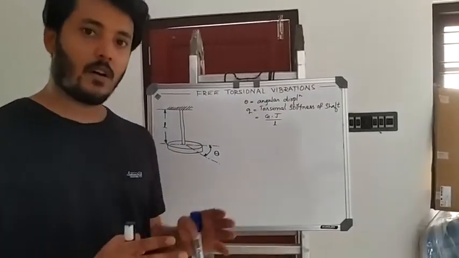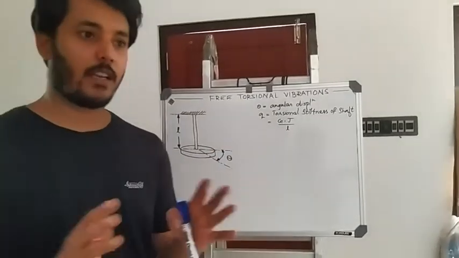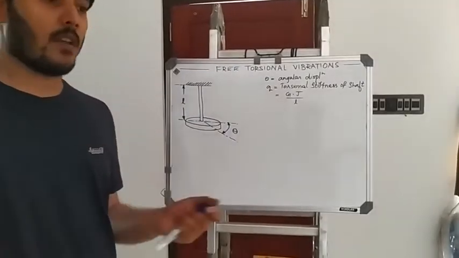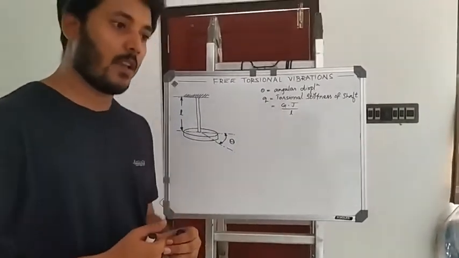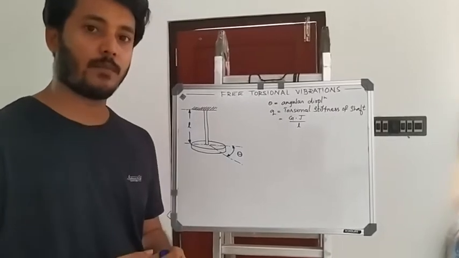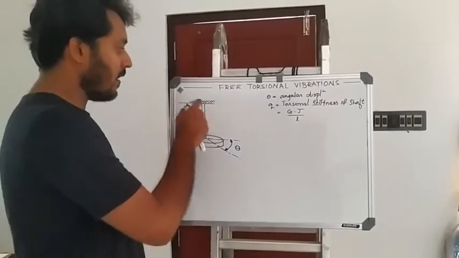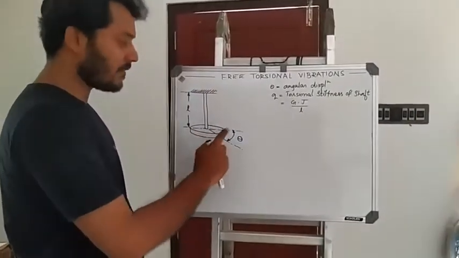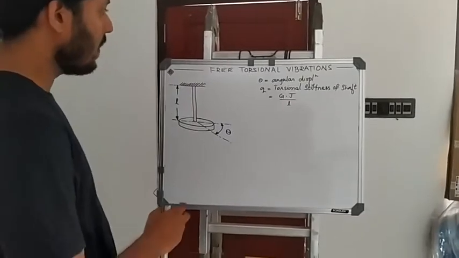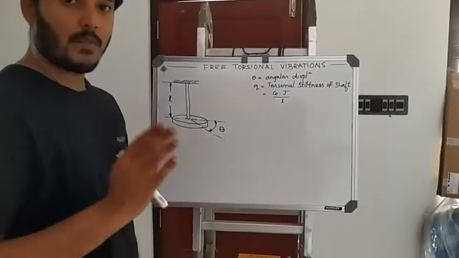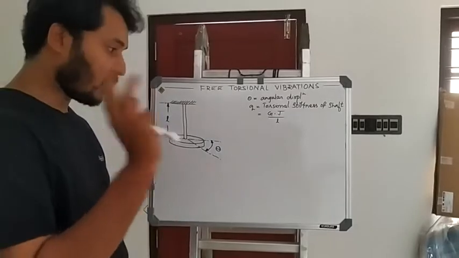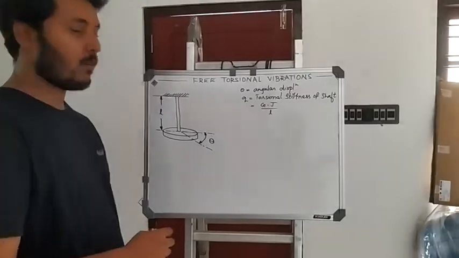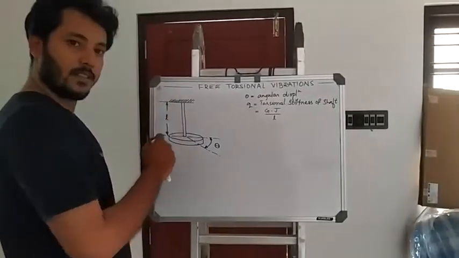Now, keeping aside all the translational criteria of motion, let us delve into torsional vibrations. In the case of torsional vibrations, we will always have rotatory motion. See this example. A shaft which is fixed to a roof, and at one end of the shaft a disc is connected. When we move from translational motion to rotatory motion, certain equivalent components have to be taken. Now, let L be the length of the shaft.